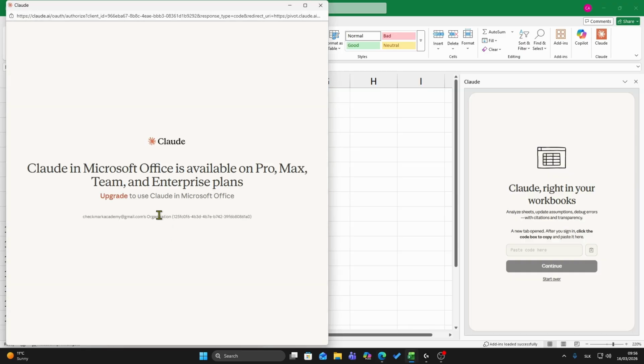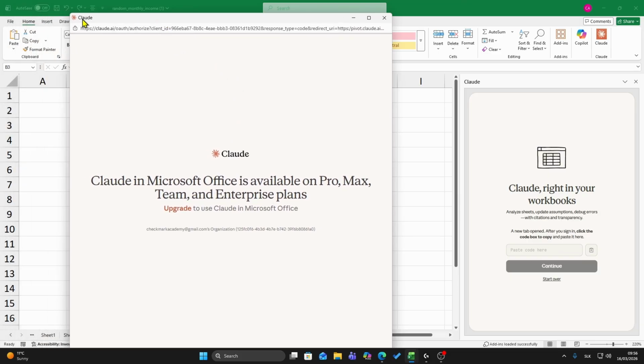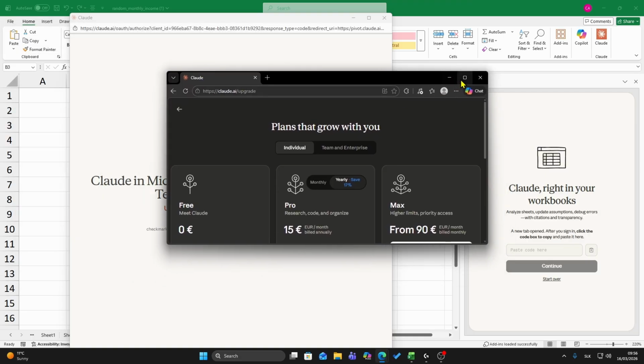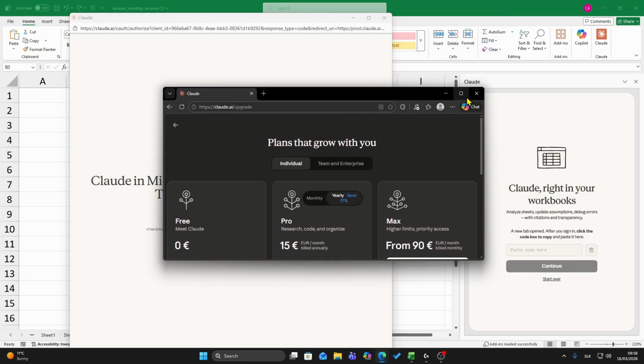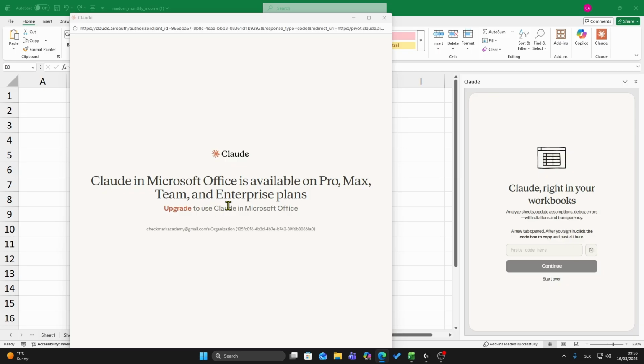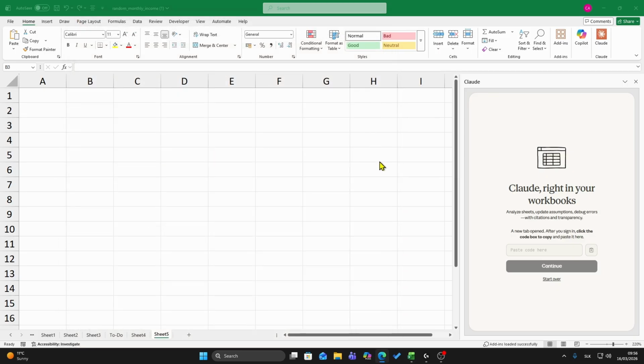And if you currently don't have a pro plan on Claude, it's not going to work. So you have to have a paid plan on Claude. So you can see if I open plans on Claude, you can see that there is Claude in Excel in the Pro plan, which is 15 euros per month. So then you are going to be able to use it, and that's basically it. This is how you can add